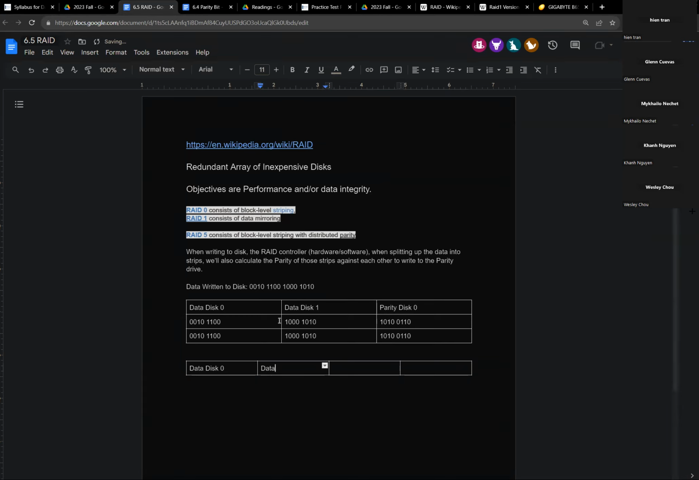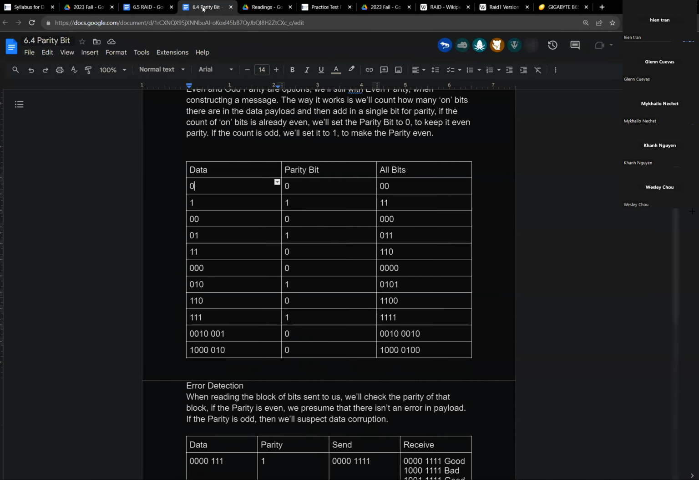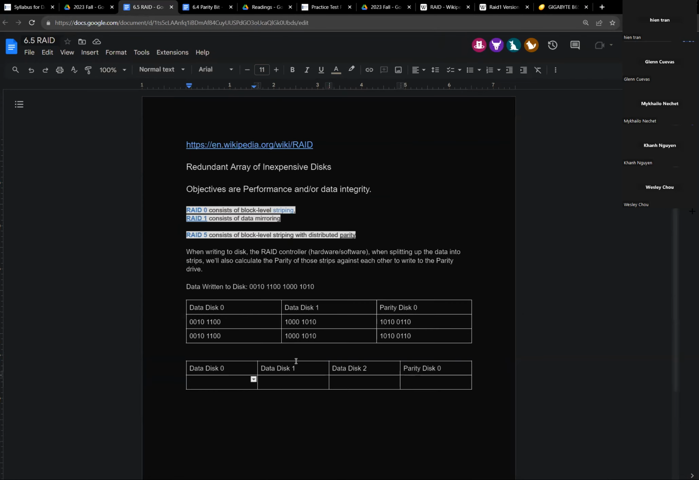Data disk 0, data disk 1, data disk 2. All right, and our parity disk, right? Just as we did in our previous example, we can have as many bits that we want, and then calculate the parity. We could have a lot of disks and just solely rely on a single parity drive, but then